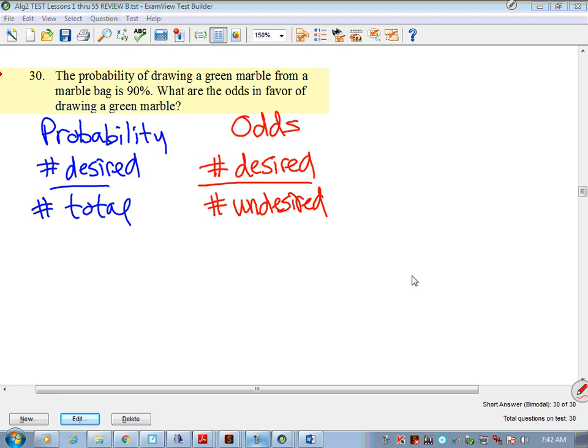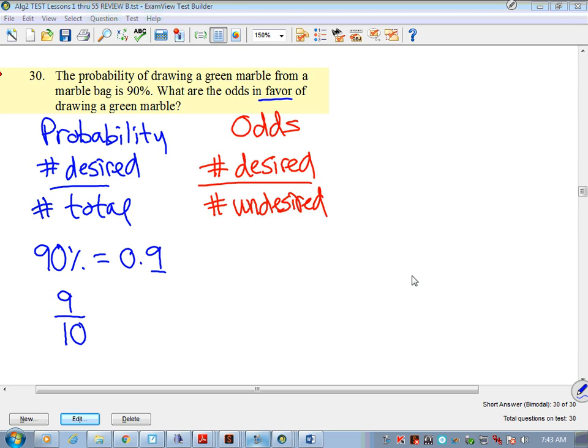So we're going to take our probability, and they tell me that the probability was 90%. Let's convert 90% into a decimal. 90% equals 0.9. Now we're going to take that decimal and convert it into a fraction. This is 9/10. So let's write it as 9/10. That means in my probability I have 9 desired over 10 total. If I want to change that over to odds, and it is odds in favor,